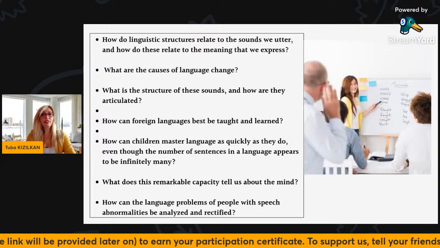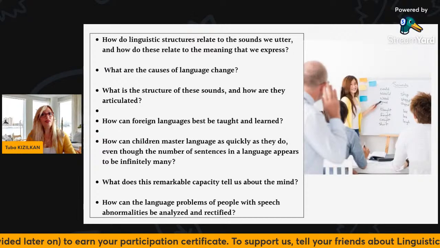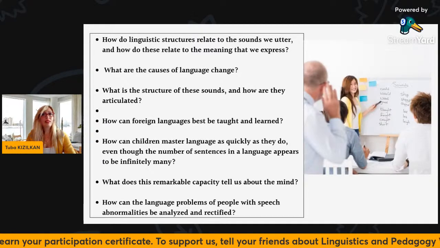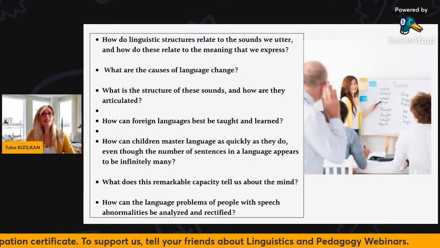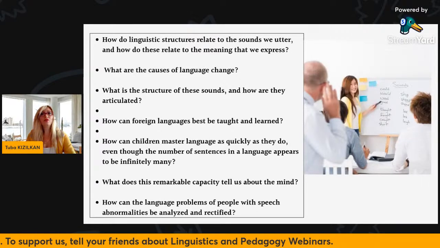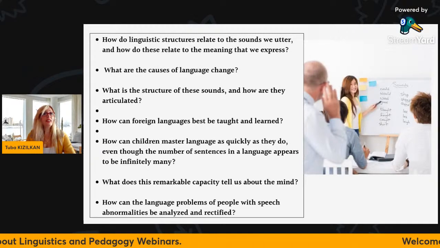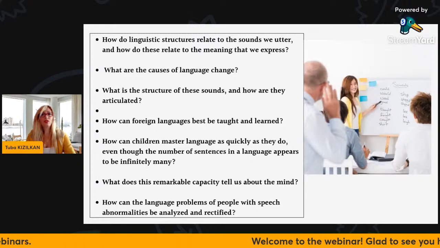And how can foreign languages best be taught and learned? This is very much an interesting point, which can and should attract English teachers, of course. And how can children master language as quickly as they do,